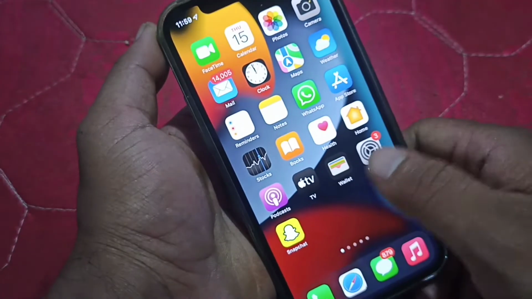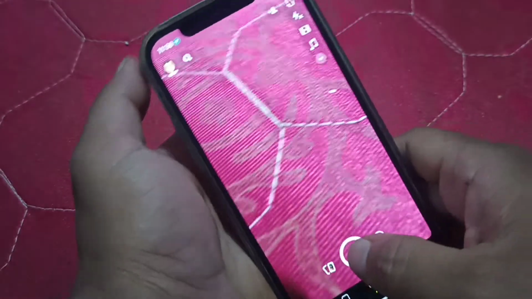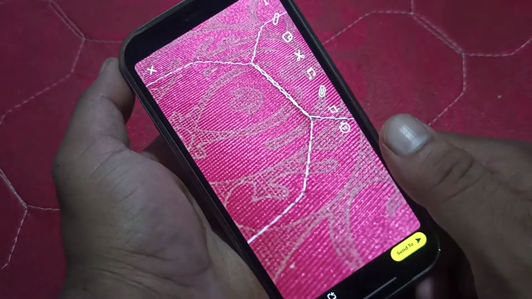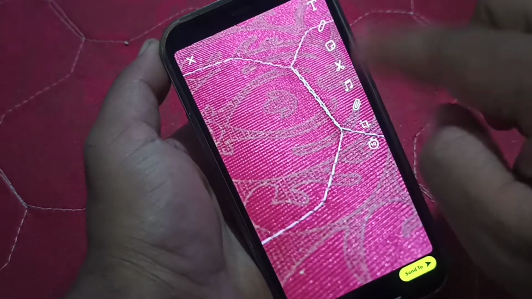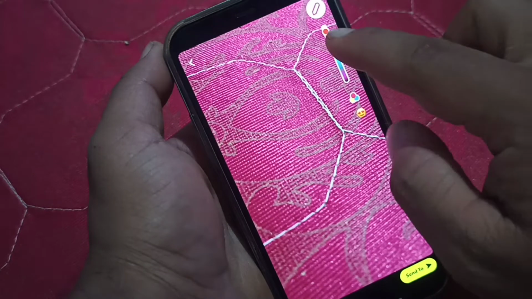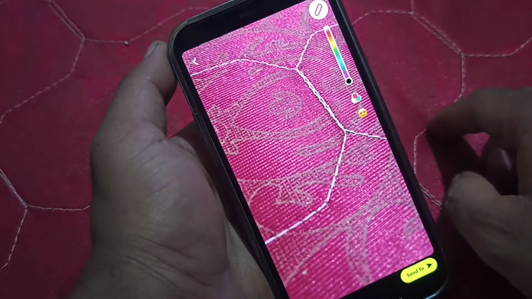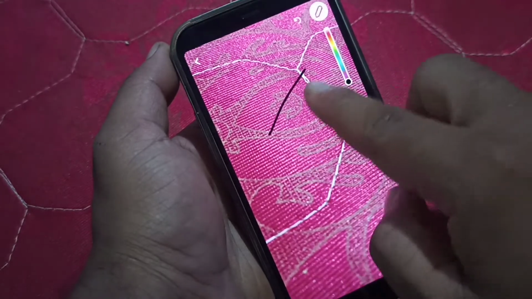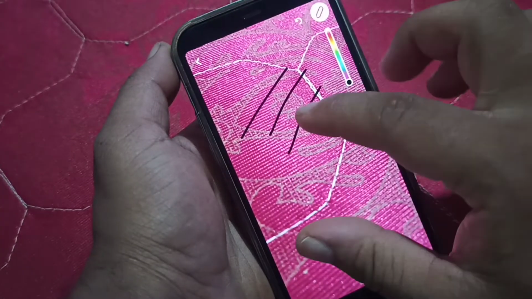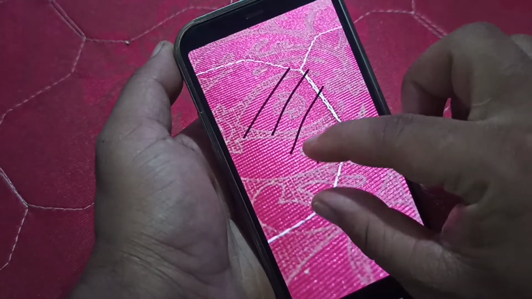And then I have already updated, so simply tap on Snapchat, and here you can see, let me just click one random picture here, and then here you'll find this type of icon here. So simply let me just go for pencil icon, and then you can select the color, any color. So let me just select black for right now, and then here you can see we can paint like this. So if you want to make this pencil bigger, this color bigger, then you just need to